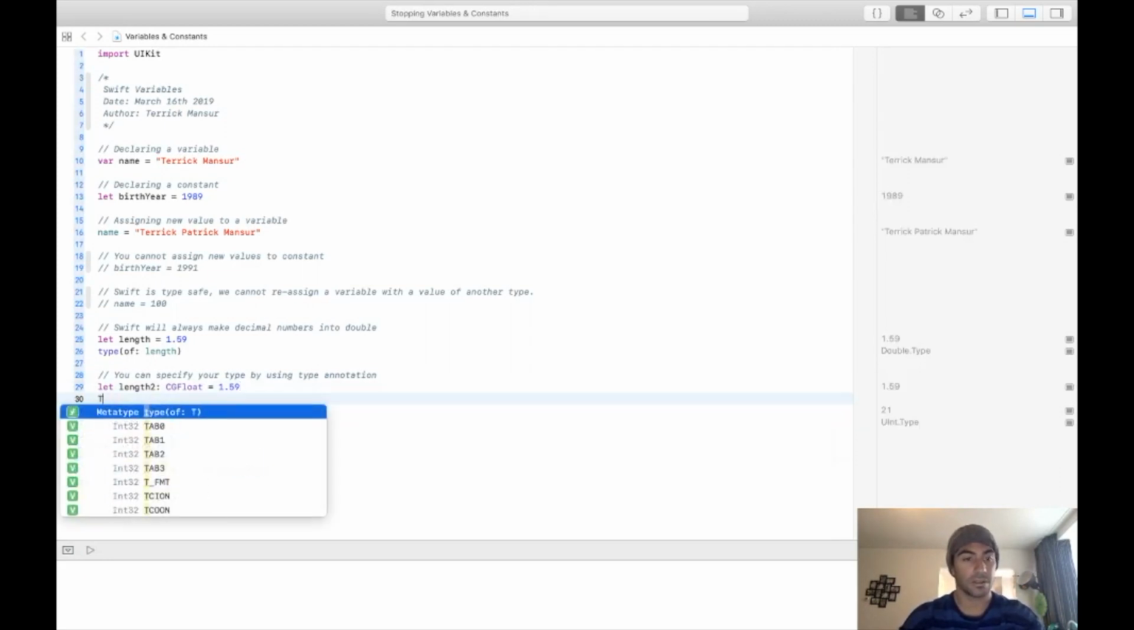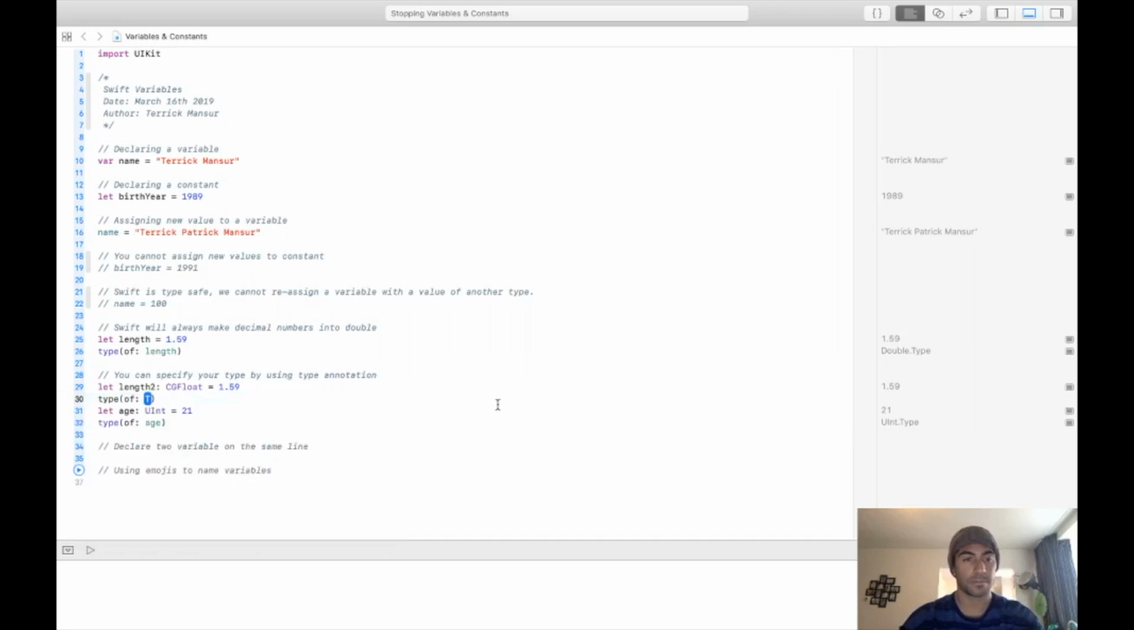If we check the type of length 2, we run it, you see it's a type float. So yeah, there you go. You can also specify the type, because Swift is a type safe language, and this is how you do it. Just specify it after declaring the variable name, colon, specify the type,